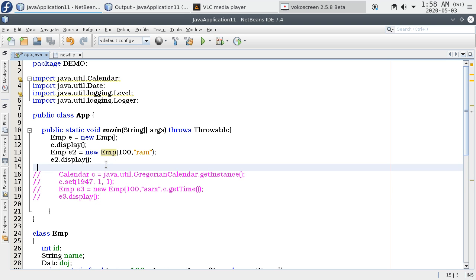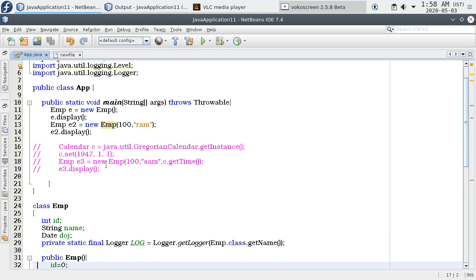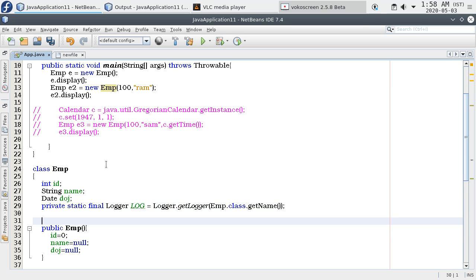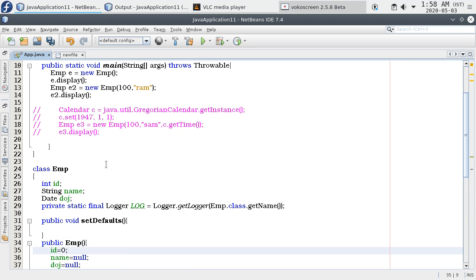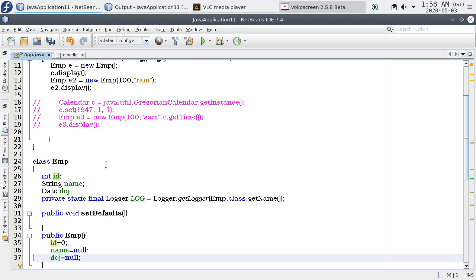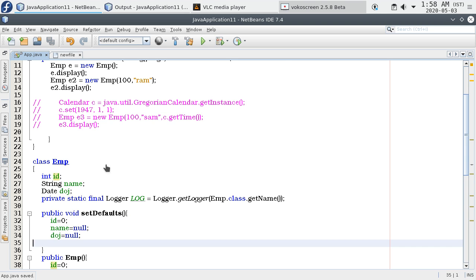So why do you need constructors? You can use, for example, public void setDefaults. I can write a function like this and put the initializations here.